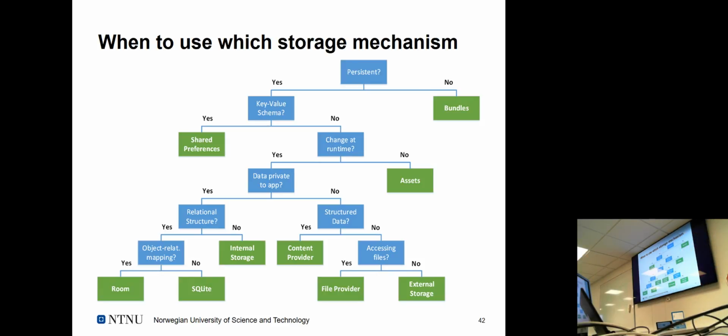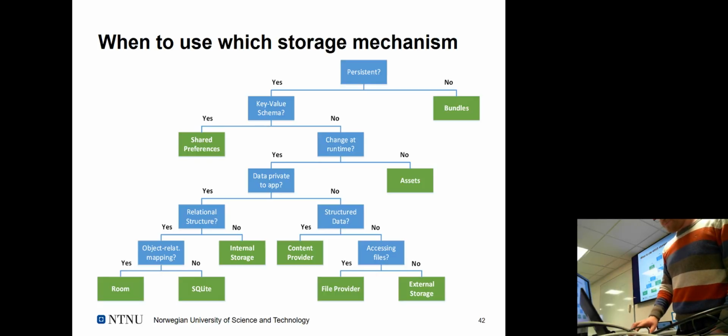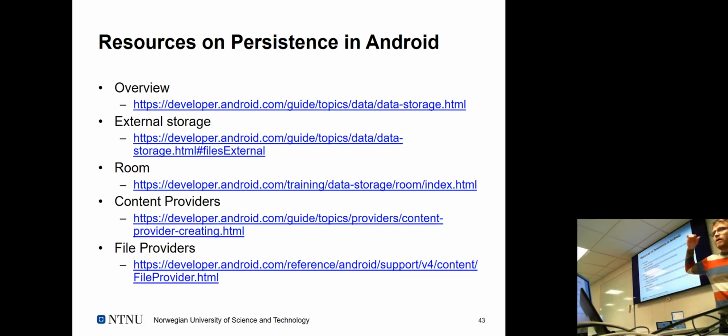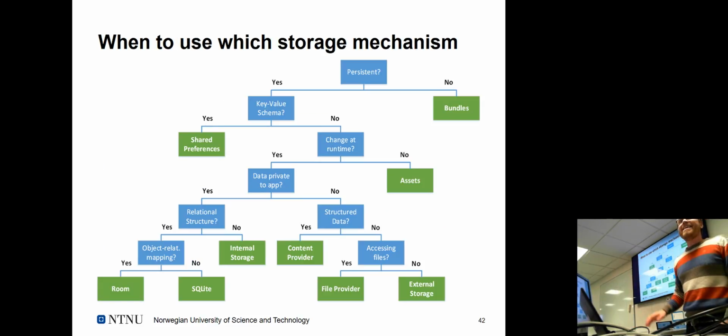Within the context of the individual assignments, I don't think you will need to exploit the feature set there, but with respect to your project, depending on the extent of it, it may be interesting perhaps to explore some more advanced persistence schemes that are available in Android. And that's, again, just the overview of which ones you can actually explore and perhaps use. Attached to that, of course, some resources. There's basically nothing but the actual Android references to all those individual resources, just collated in one slide set. Are there any questions regarding persistence in Android so far, with this very broad overview